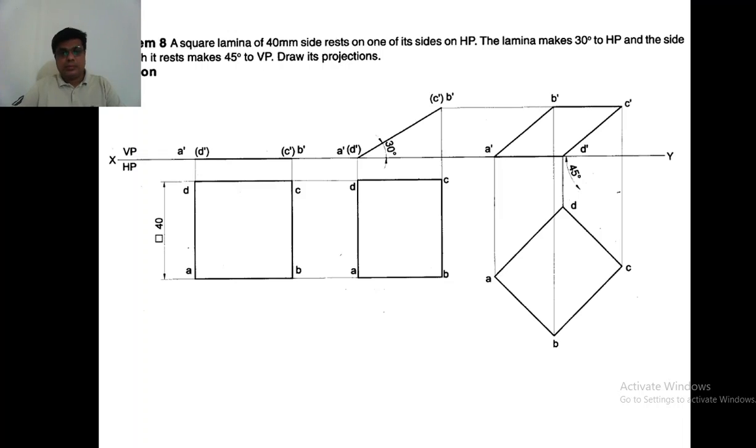So next problem, anyway, in the previous session I had explained how to draw manually. So this full solution you should draw manually using your pencil, scale, compass, protractor and all. So follow the procedures, the standards that I have told, to draw the lines, to name the corners or edges, and how to give the dimensions. Those standards you have to follow, and you have to draw the solution for this problem.